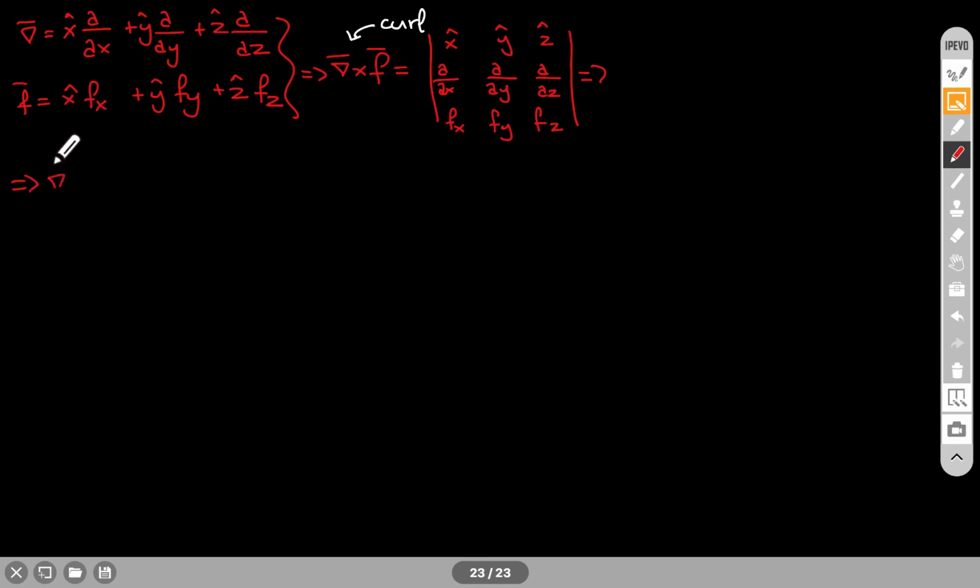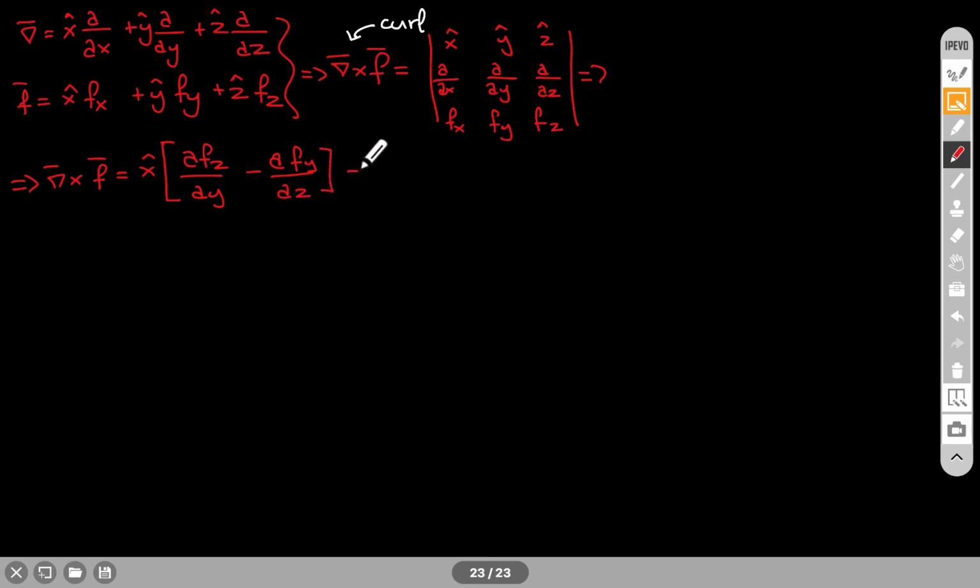The curl is the x component times, crossing out these two, so I end up having the partial of f sub z with respect to y minus the partial of f sub y with respect to z,